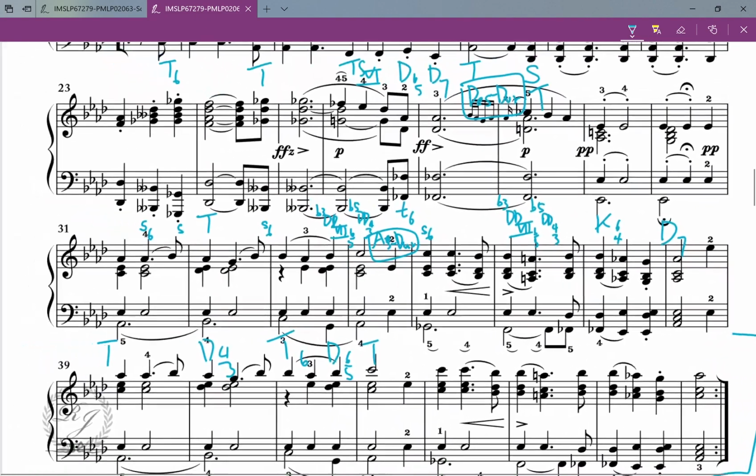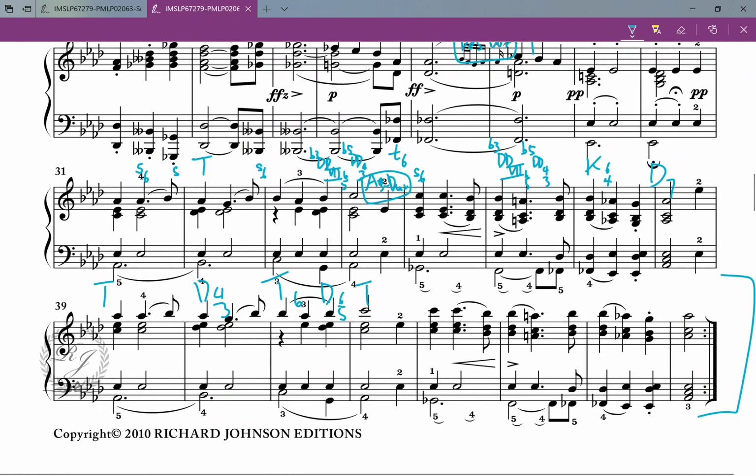Okay, now here is different. Here is different. So we have a note that does not belong to the key here, and another note that does not belong to the key here. So maybe this is some sort of tonicization. So let's analyze the chord after it first. So this is dominant 7th resolving to tonic, and therefore this is cadential 6-4, and then now this chord here is the second version of chord 2